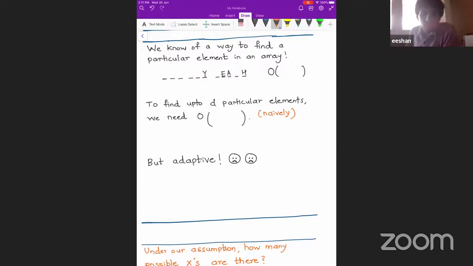Okay, just think about it. Let me just fill it up myself. Just think about this: how can you use binary search? Let's say I tell you that you can do something with binary search. How can you use binary search